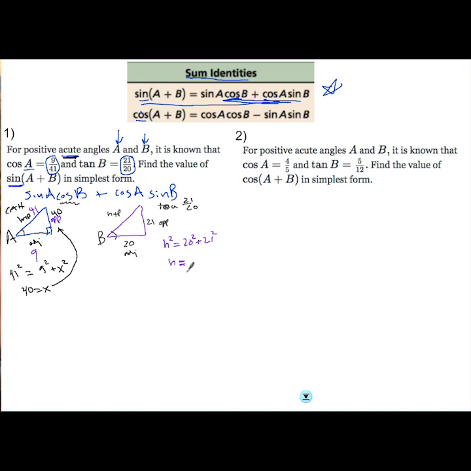Use your calculator for this, compute it. This is 29, so I'm just going to put that in my picture here. Now I have all the information I need right here. So if I look at this formula, I need the sine of A. So the sine of A,